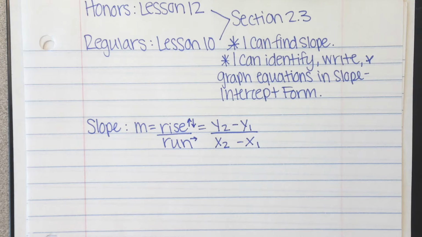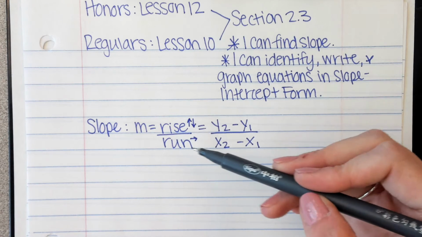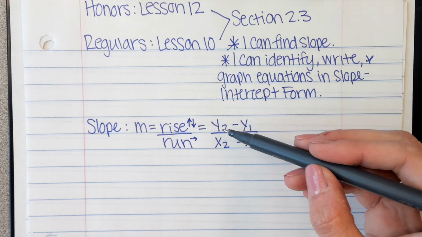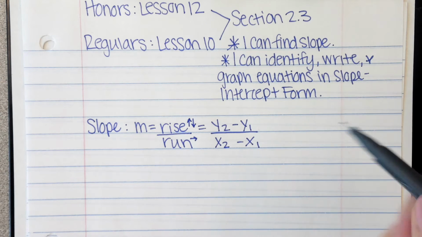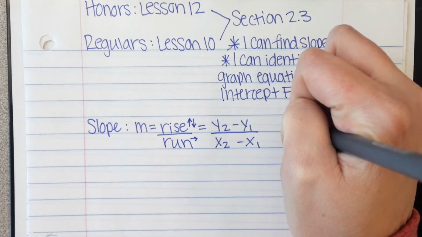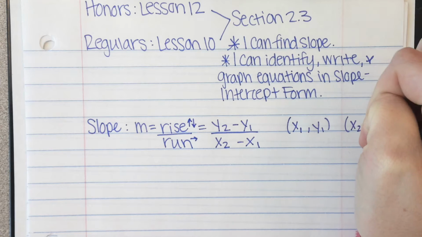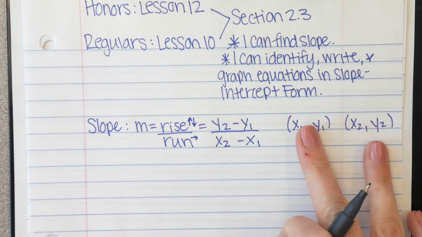You have to go backwards. But generally speaking, when we're looking at a graph, we're going to go up or down and then to the right. Now, the formula, when you're given two coordinate points or two ordered pairs, you use y2 minus y1 over x2 minus x1. When you're given two ordered pairs, you can label them x1, y1, x2, and y2. Okay, so if you're given two ordered pairs, you can label them if you want to,